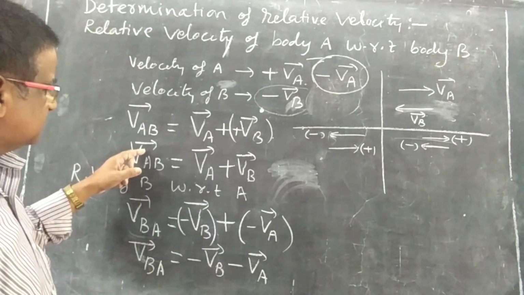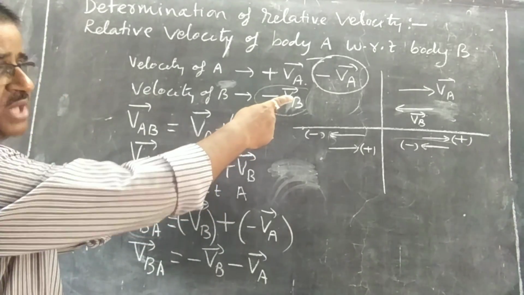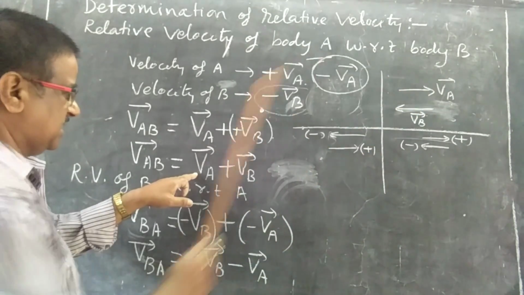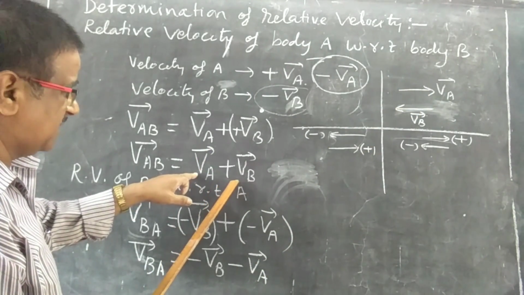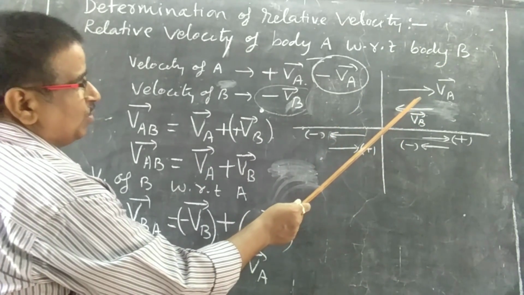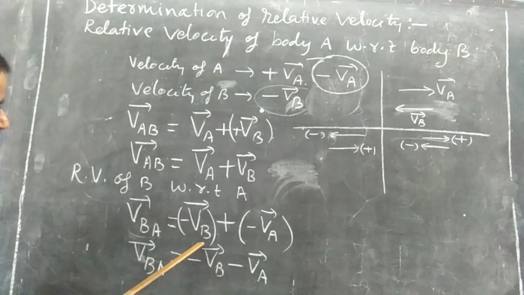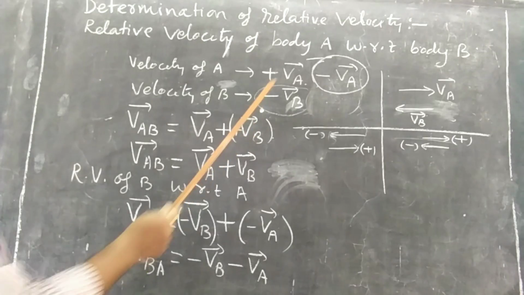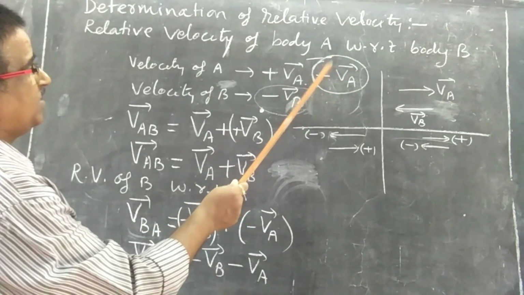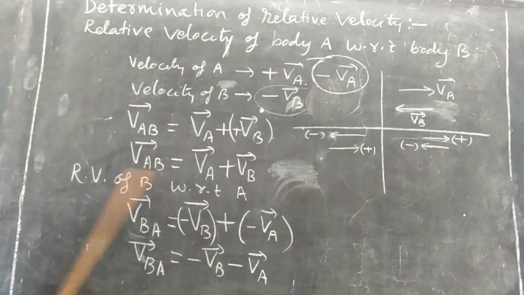Here you can see the difference. Relative velocity of A with respect to B, when both are moving opposite to each other, here you can see they are moving opposite to each other, the plus sign comes here. Now we are calculating the relative velocity of B with respect to A. It is moving in the negative direction, so its value will be minus VB and then plus, and we have to make this value 0. For that we have to add minus VA, so that will be added here, and therefore it will come to this. This is the relative velocity.